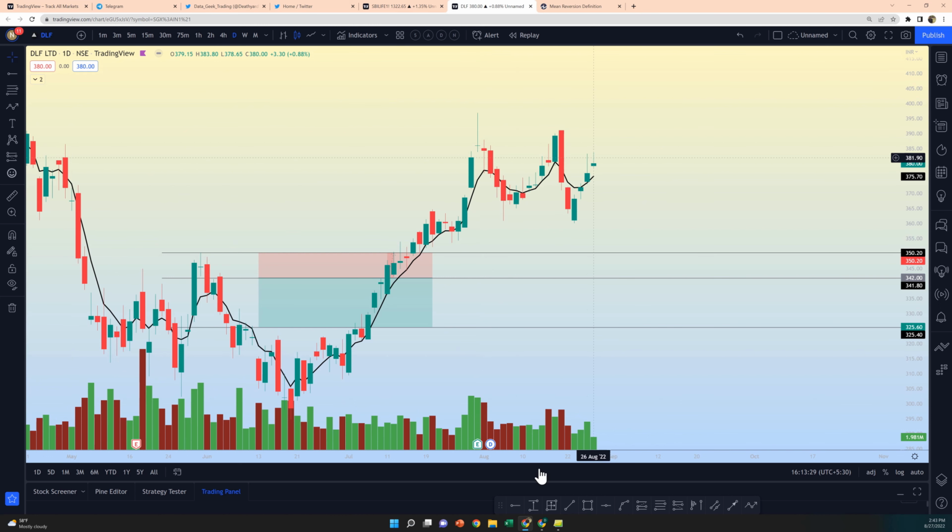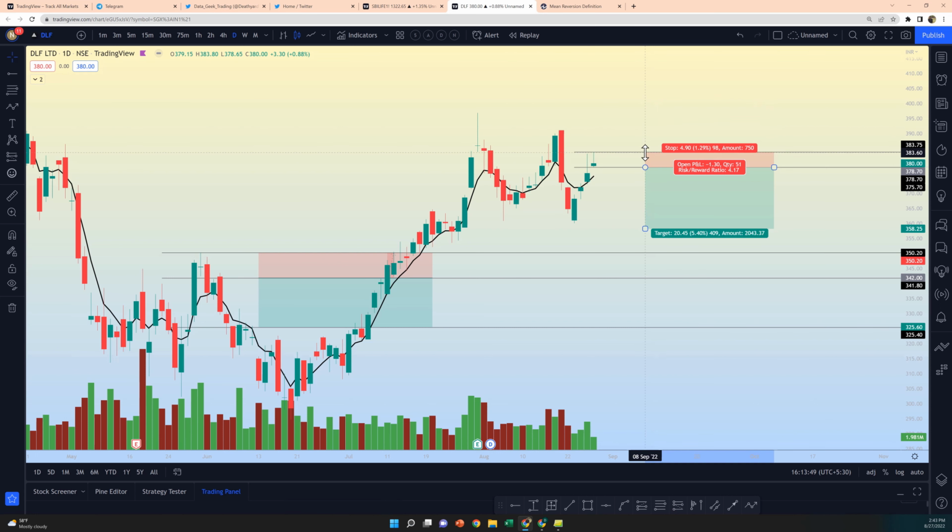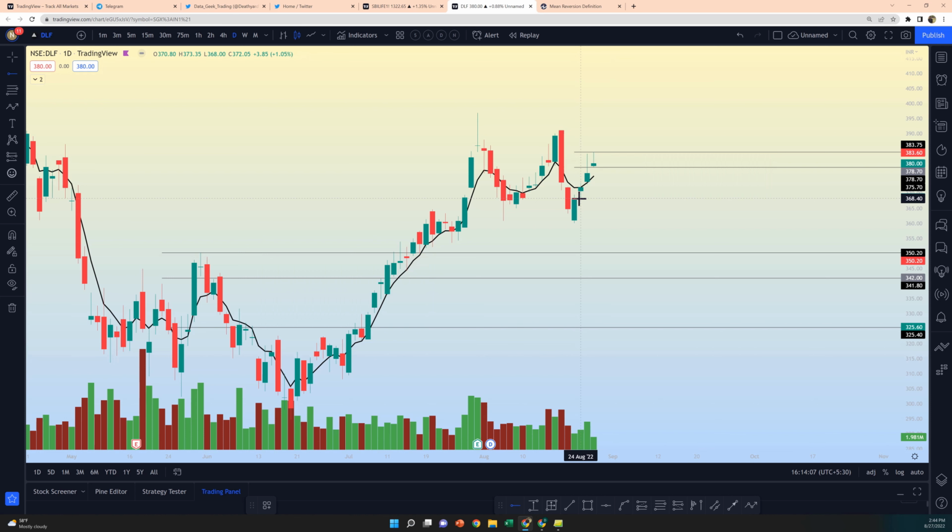Now again I see an opportunity here in DLF wherein your daily candle has closed way above the 5-day moving average, and with a smaller candle, this is the candle which we should prefer, because here your risk to reward is very, very favorable. So for example, if we take a short position, if the price tried to correct towards its 5-day moving average, we just have a 5 rupees stop loss, and then we get a risk to reward of 1:2 here. Perfect. So since it's going to be a positional trade, obviously we should prefer the